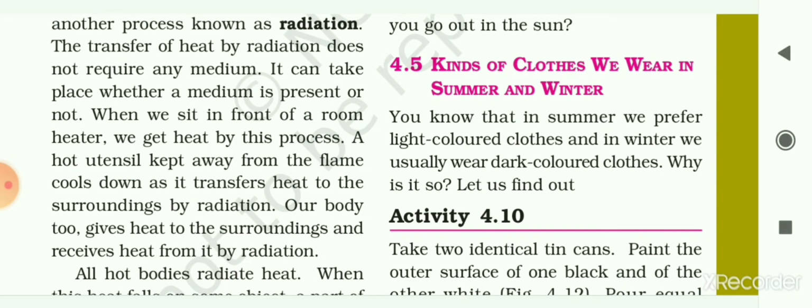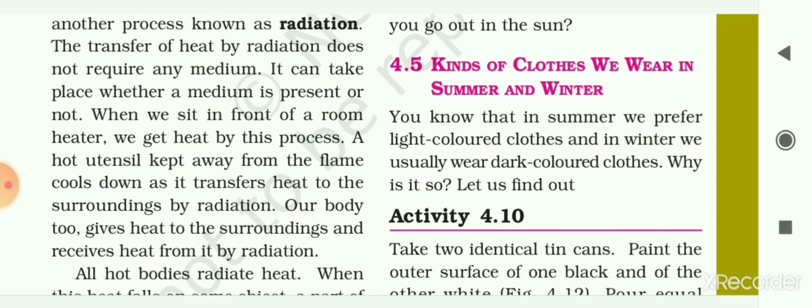Then we had seen what is the normal temperature of a human body. The normal temperature of the human body is 37 degrees Celsius, and in the Fahrenheit scale it is 98.6 degrees Fahrenheit. Then we had seen the laboratory thermometer. The thermometer which is used in the laboratory is known as the laboratory thermometer, and the range of this laboratory thermometer is usually from minus 10 degrees Celsius to 110 degrees Celsius.